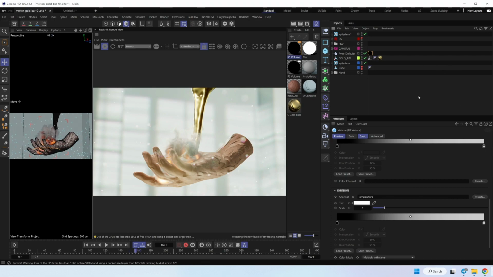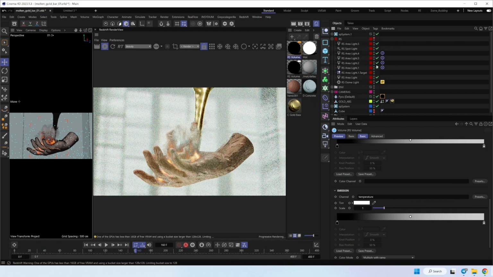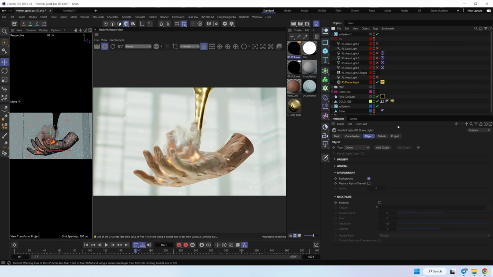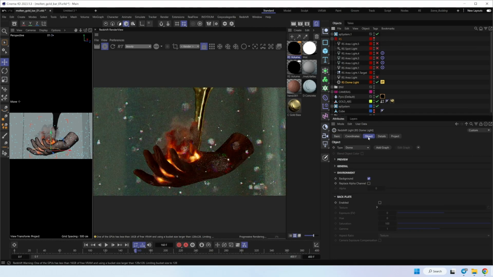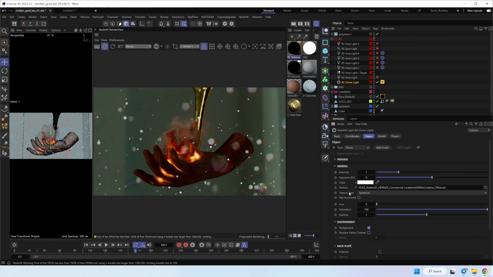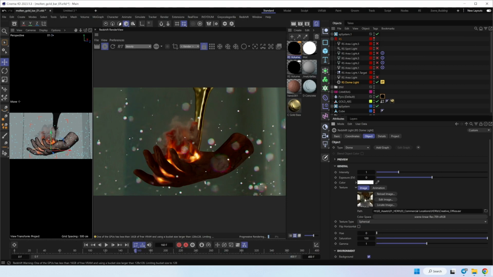For the visualization, it's a simple scene. Let me turn off all lights. So I use a dome light with an HDRI map. It's a simple room HDRI, with standard settings, I didn't change anything for this one.